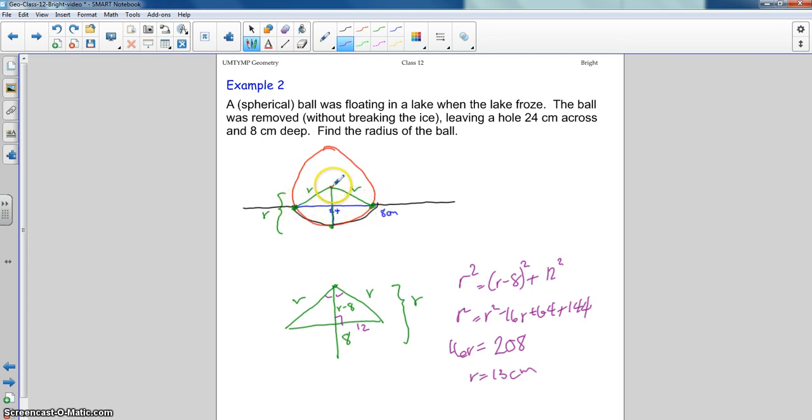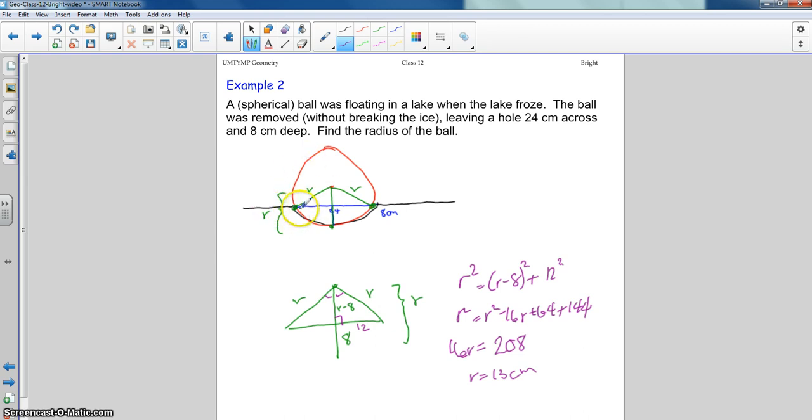Okay, now it's reasonable to assume that with this divot, the divot was 8 centimeters into the lake, that the ball sat up a distance, so the radius of the ball would not be 12. So instead, what I did here is I assumed that okay, well, if I found the intersection of the